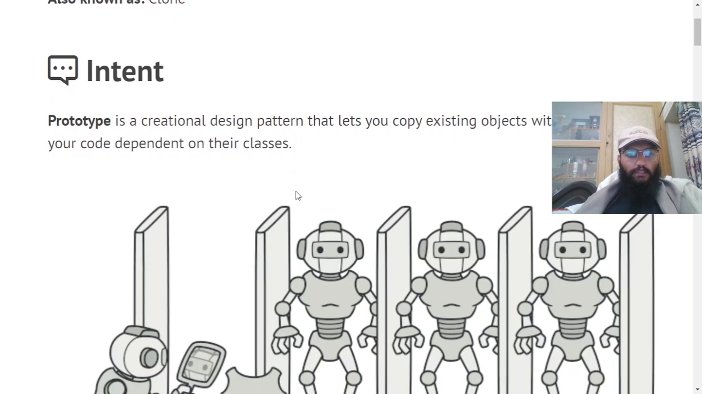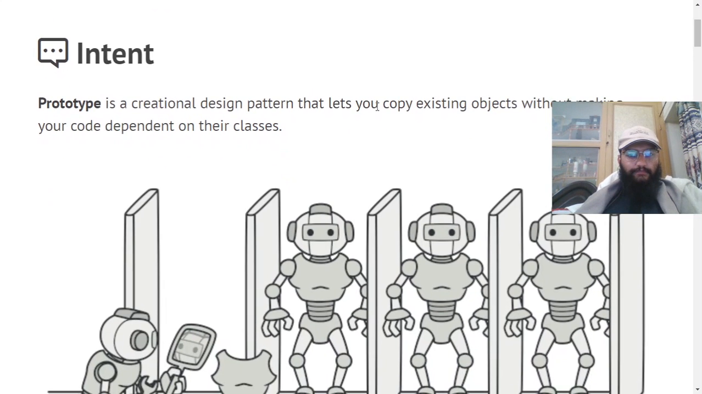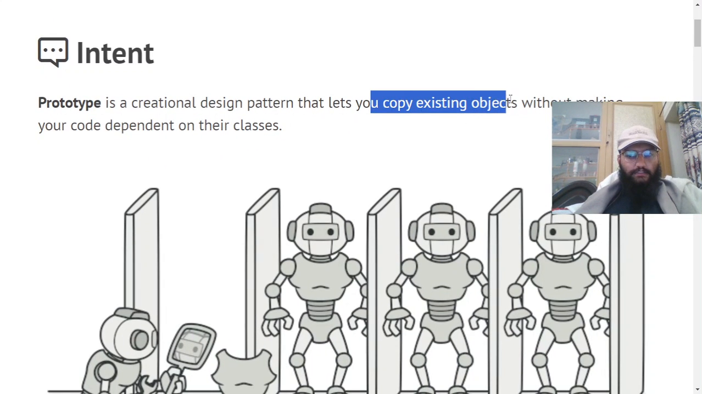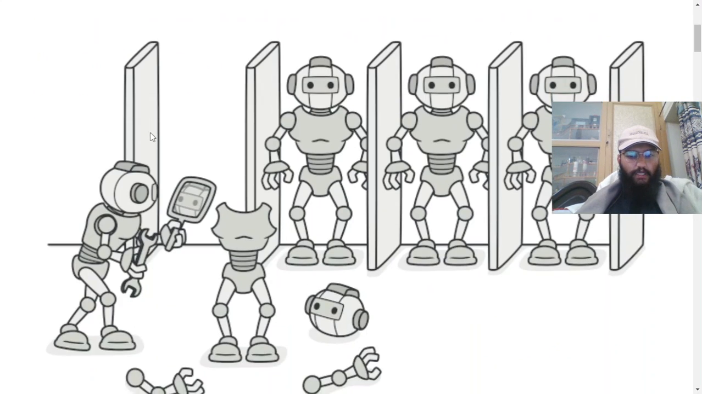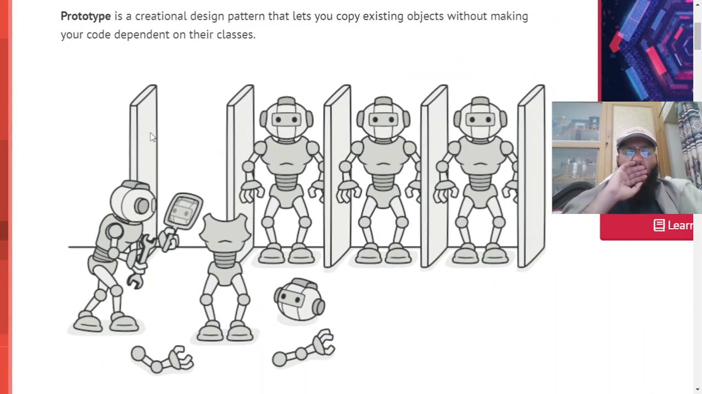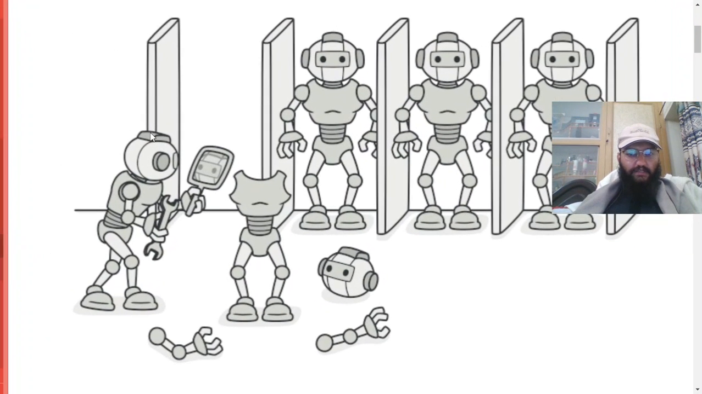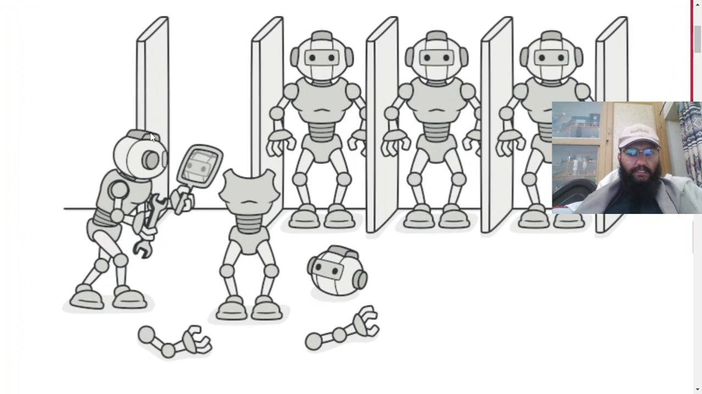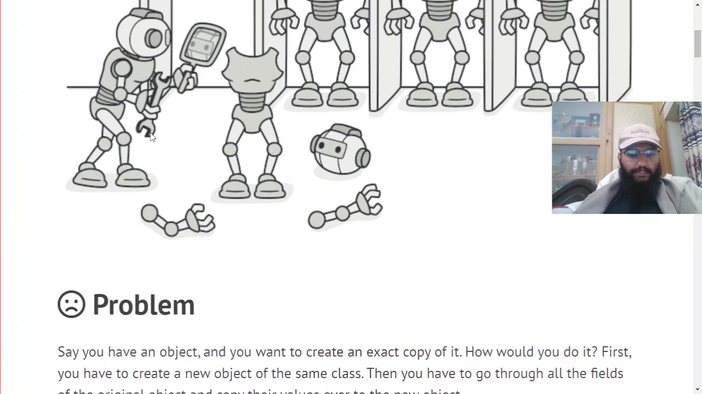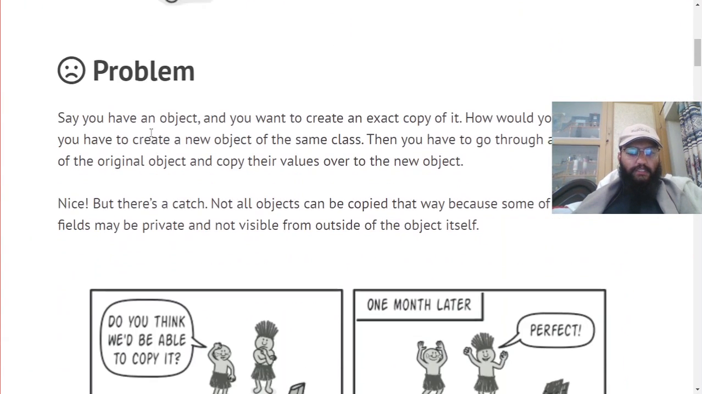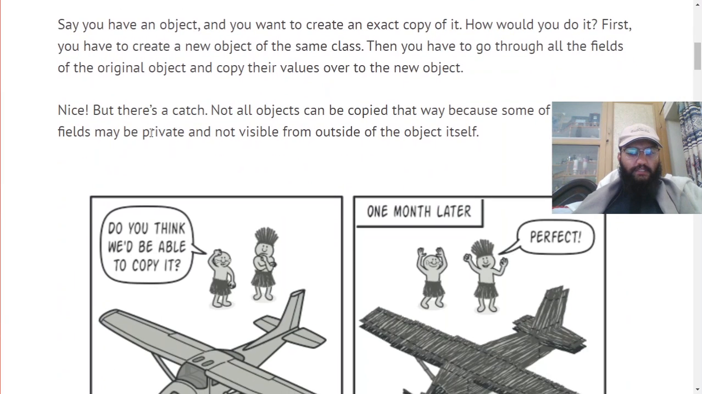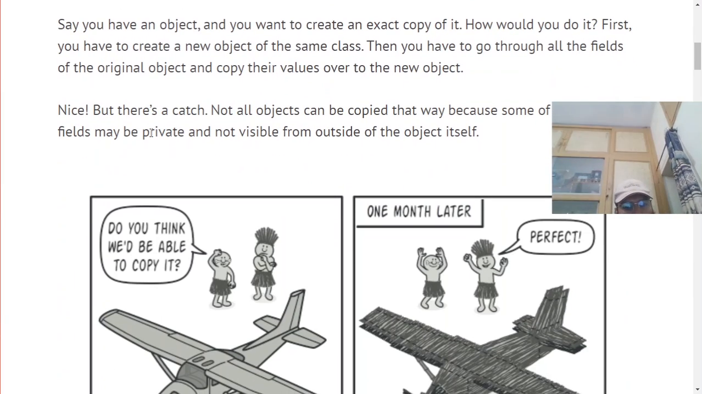ठीक है, तो ये क्या करता है? It lets you copy existing objects without making your code dependent on their classes. तो यहाँ पे हमारे पास एक फिगर है जो कि इसकी फंक्शनैलिटी को एक्सप्लेन करने की कोशिश कर रही है। अब जाते हैं इसकी प्रॉब्लम स्टेटमेंट की तरफ।